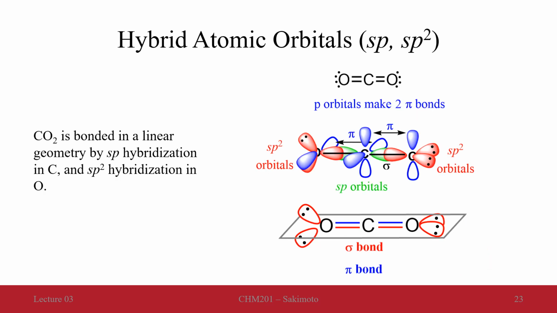This is another way we may think about this molecule of CO2, that this carbon, by having to bond to two separate things, two different oxygen atoms, is going to first mix its s and p orbitals to give these sp hybrid orbitals. Those conveniently point one towards each oxygen. The oxygen, having two lone pairs and forming one bond, is going to form a hybrid sp2 set of orbitals,